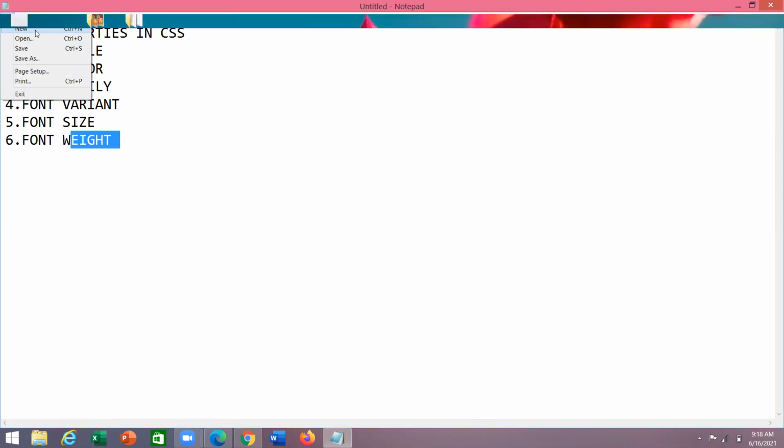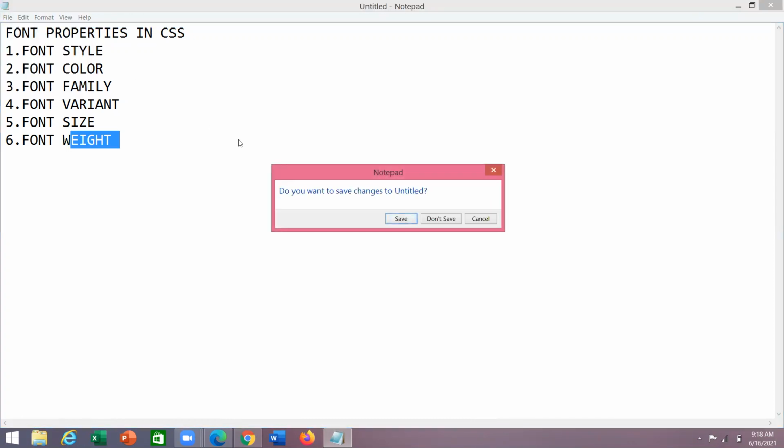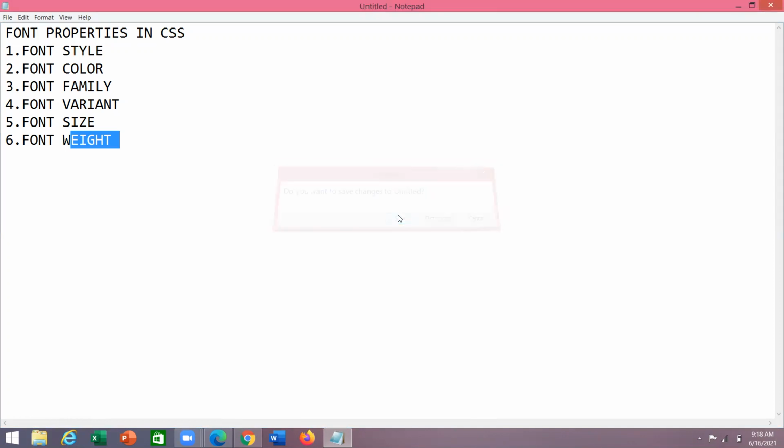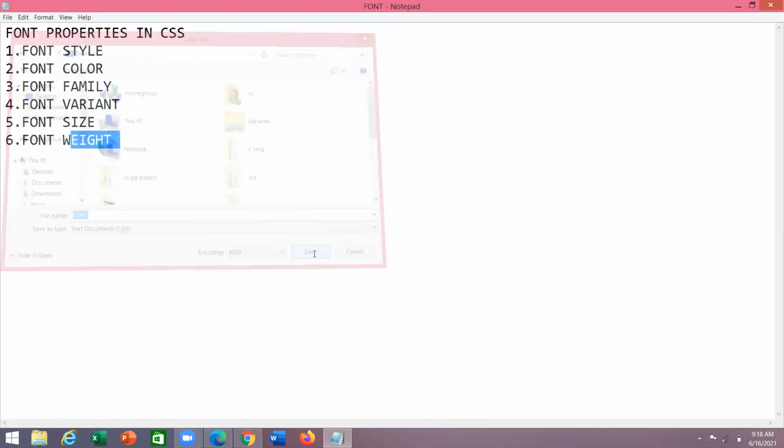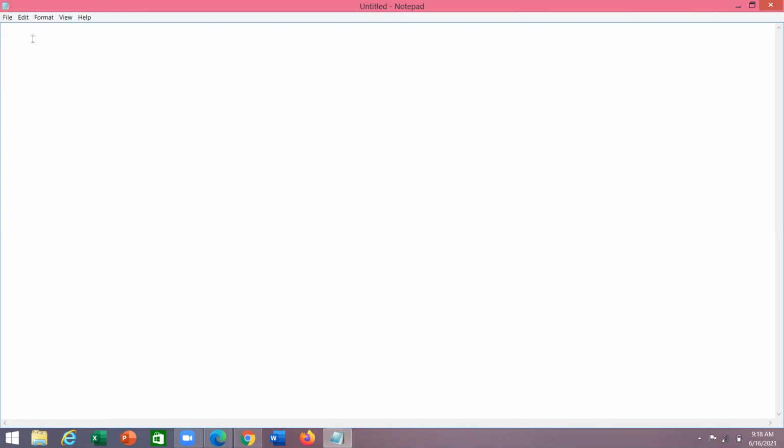File, new. I'm saving the document as font. So this is notepad. Here I'm writing a small HTML program.